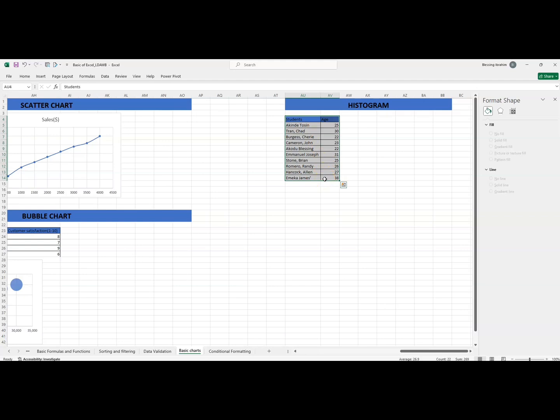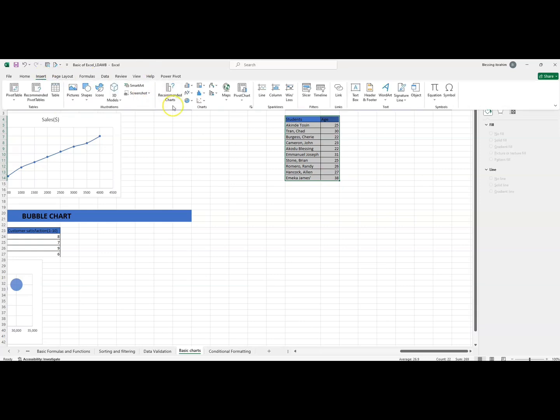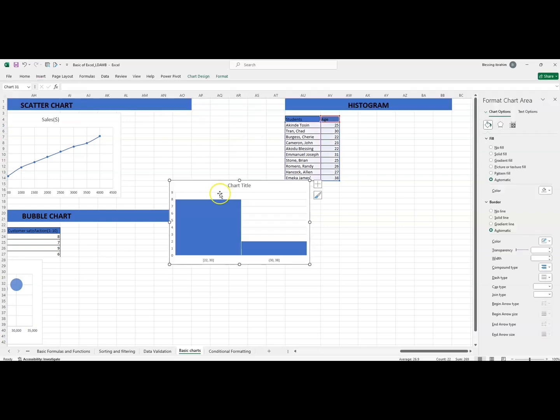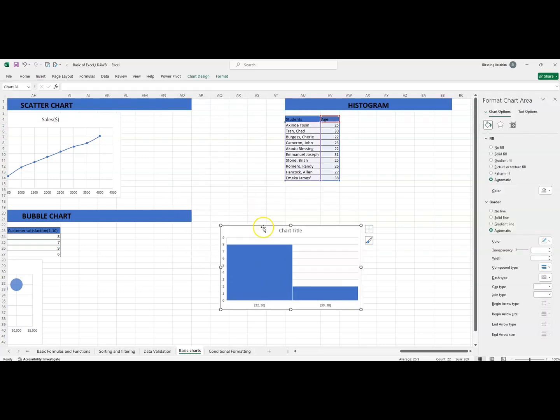to represent this data. So highlighting everything, I'm coming here to my insert tab, then come here, you see histogram. So I select histogram here. Currently it's showing us students between the ages. Let me add the data label so I can see. Students between the age of 22 to 30 are 8 in number. Those between the age of 30 to 38 are 2. The difference